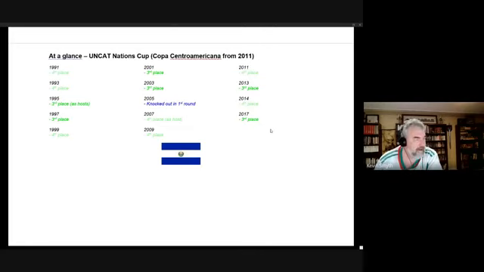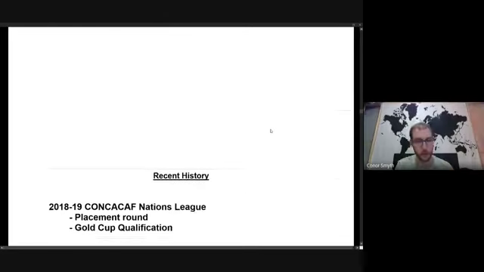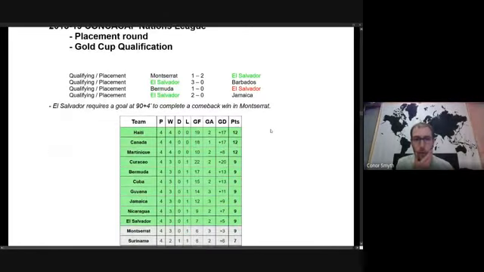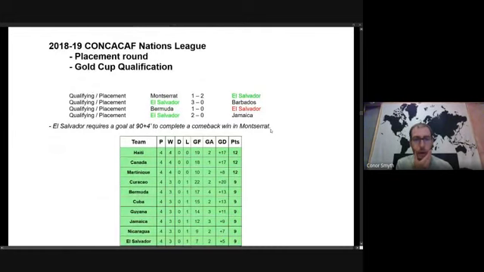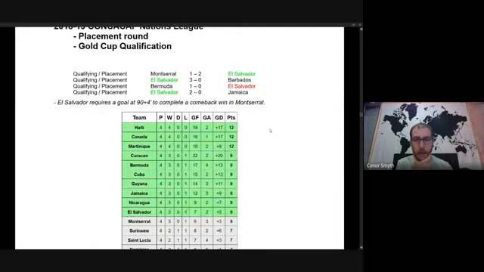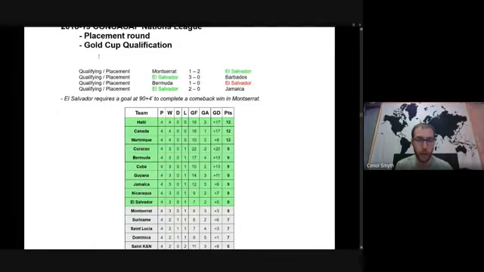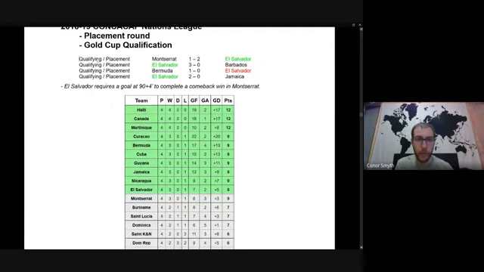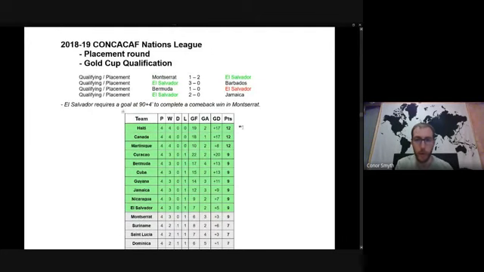Right. Or right now, in fact. Sure, I'll go through it now. So they were involved in an initial qualifying round where teams were placed in leagues A to C. It was the same round that acted as qualification for the 2019 Gold Cup. The top 6 teams in this overall table were given automatic entry based on their regional ranking.